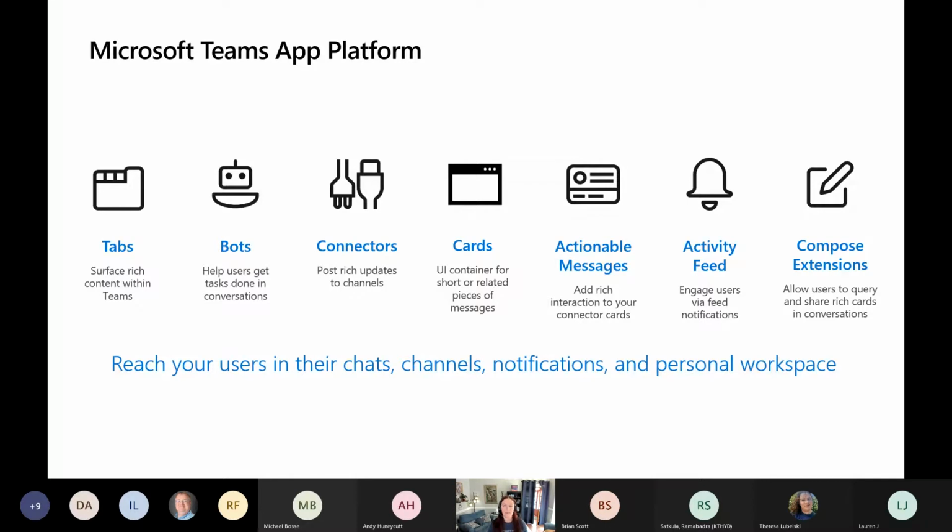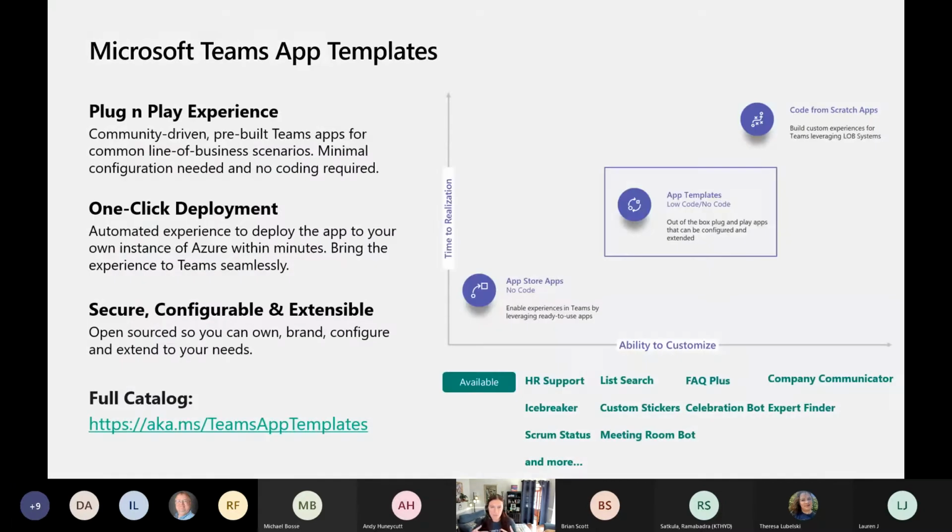There's connectors, there's adaptive cards, which I'll talk about, actionable messages, activity feeds, and compose extensions. Now, what Microsoft has done is they've created what's called app templates for Teams. So they've created these Microsoft Teams app templates. And the goal of this is to look at different business scenarios and have these pre-built templates that you can